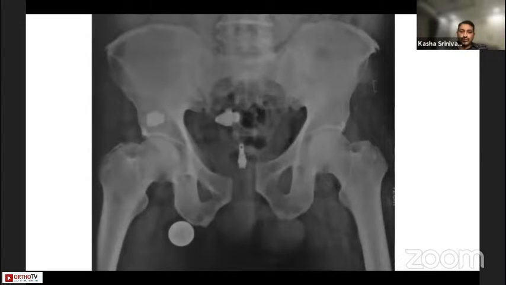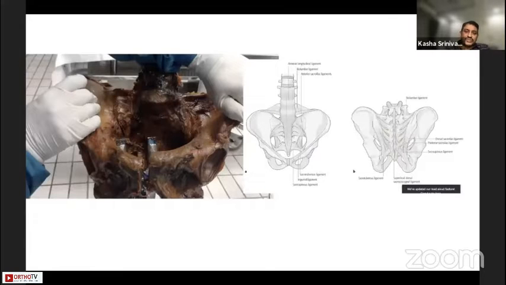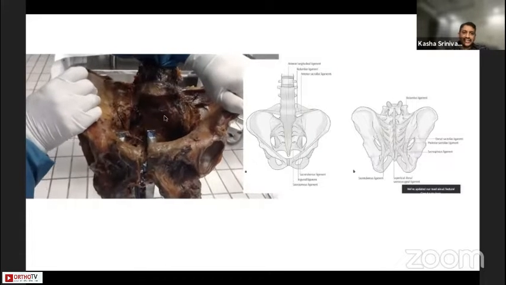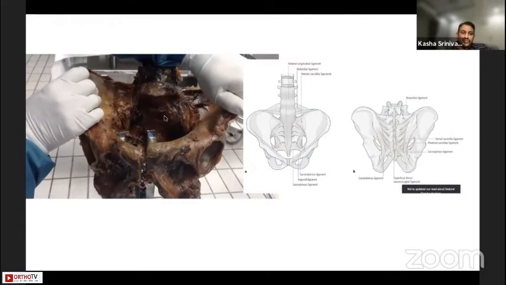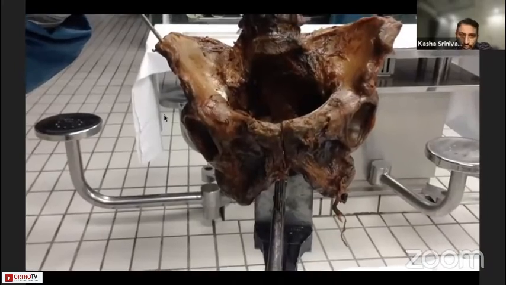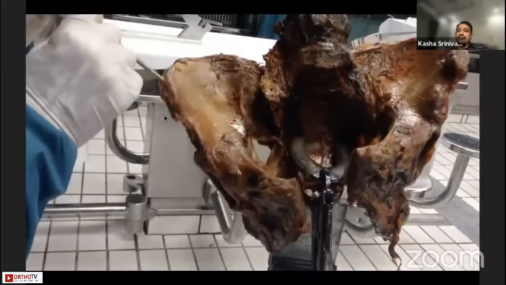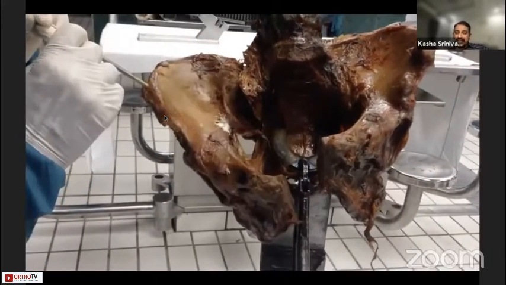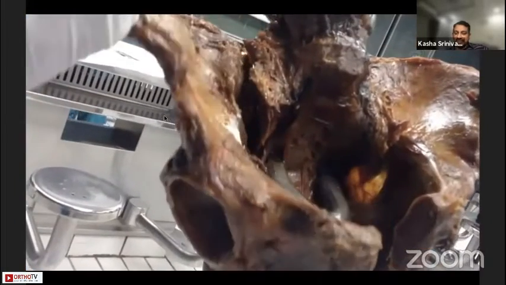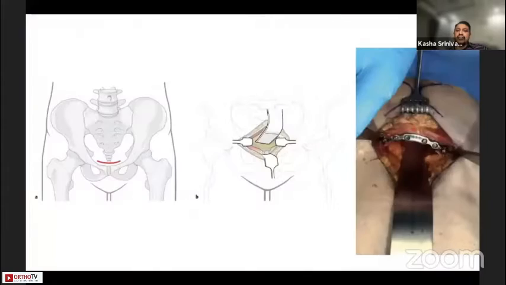I just want to show you one video. This is a video which I have taken in Grass during a cadaveric course, where the symphysis is cut and I am trying to open the pelvis, but it is not opening. Even with a huge force, it only happens when you cut the anterior SI ligament and interosseous ligament, then only does the symphysis open. That means any big opening which has an indication for restoring stability always has a posterior component, which is very, very important to restore while doing